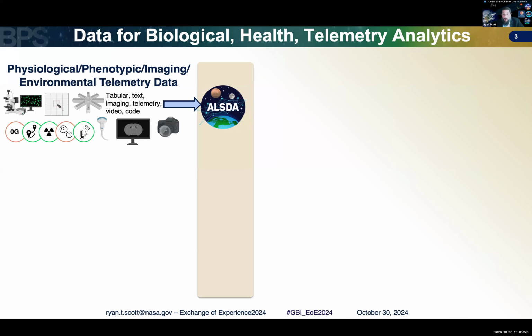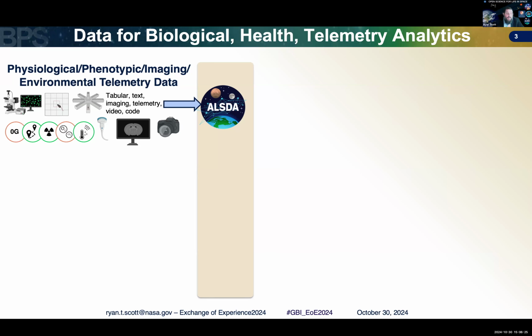What I'm here to present to you today is a little bit on the Open Science Data Repository. The Open Science Data Repository is really an integration of three NASA repositories. One is ALSDA, an acronym that stands for the Ames Life Science Data Archive. This was a 30-year-old database of imaging, bioimaging, radiation, O2, CO2, relative humidity, physiological measures,